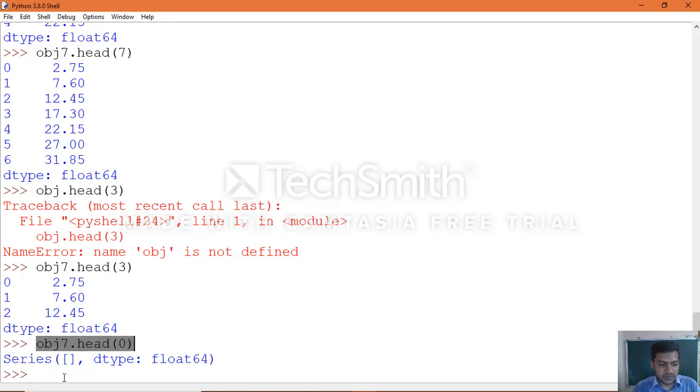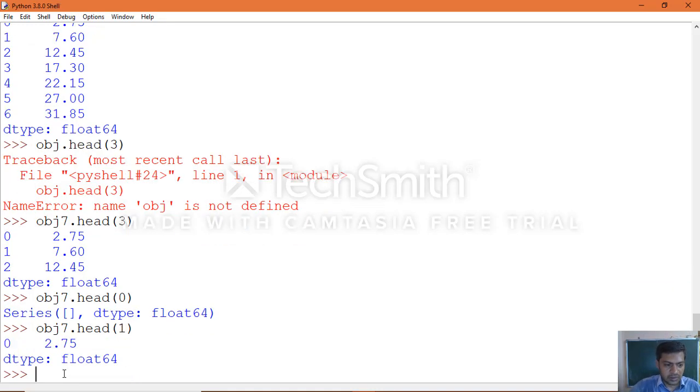We are checking multiple examples. So now we know how to make use of head.